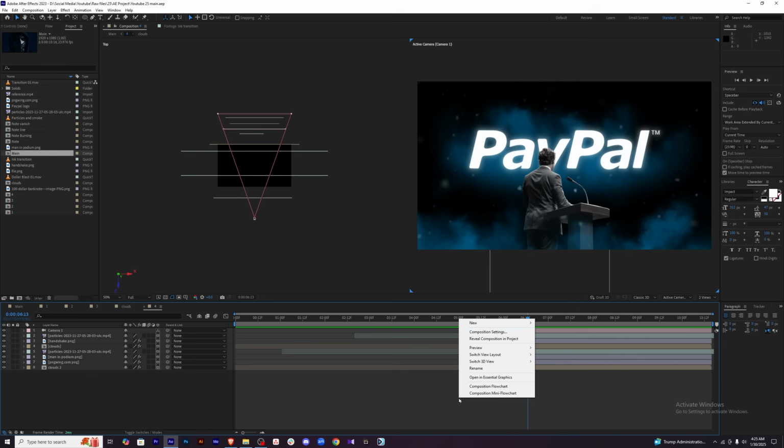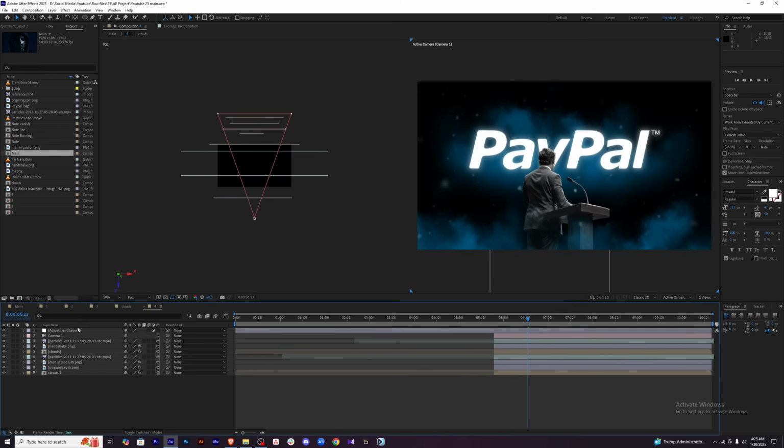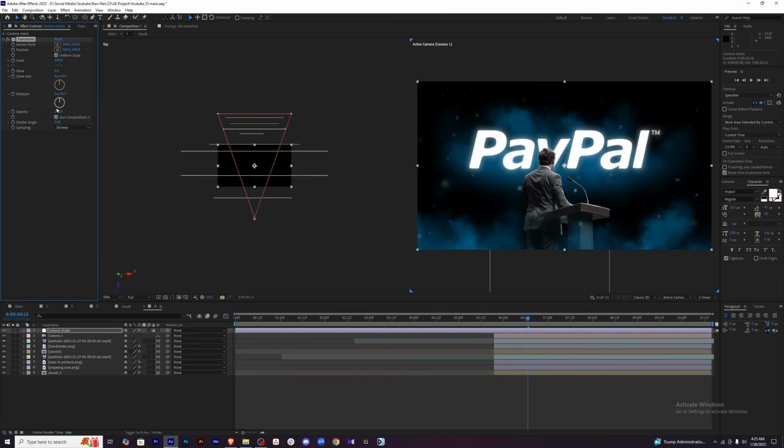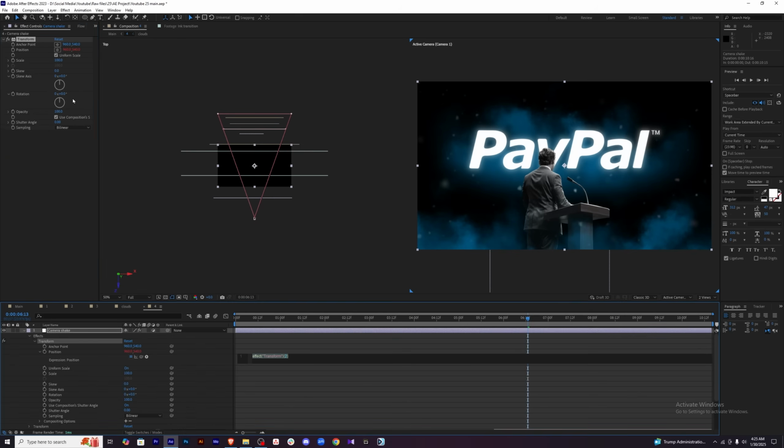Okay, for the camera shake, let's add an adjustment layer first on top of everything. Let's rename it as camera shake. Edit transform effect on this. So we'll add the shake onto this transform effect. Hold Alt and press on this position keyframe, and it will open up this expressions tab where you can add the wiggle,